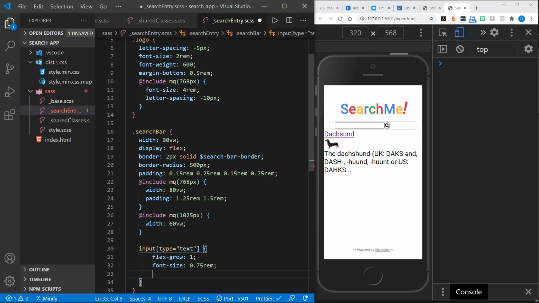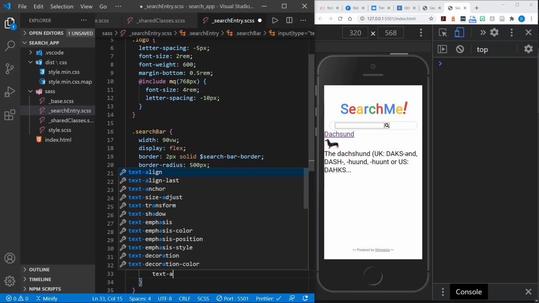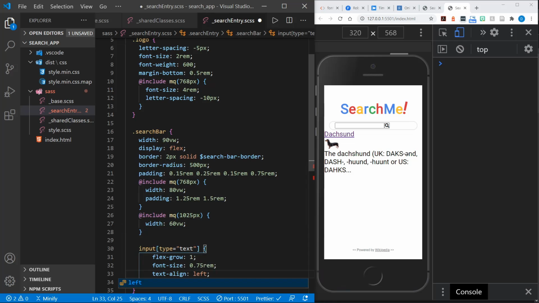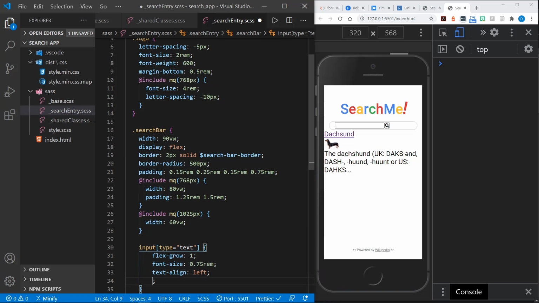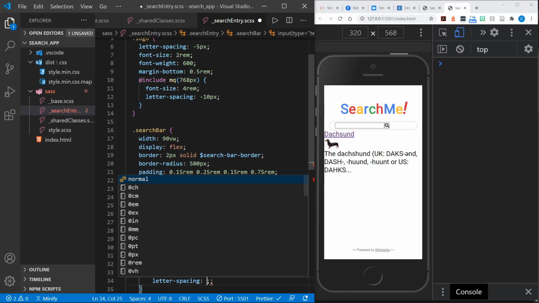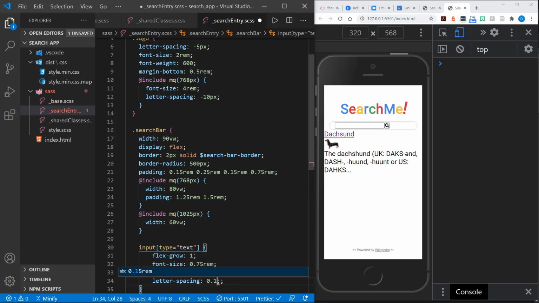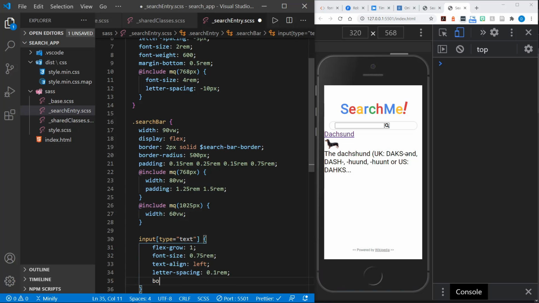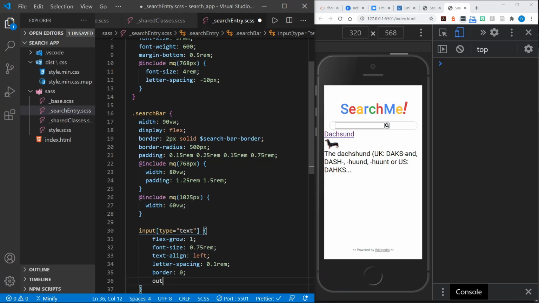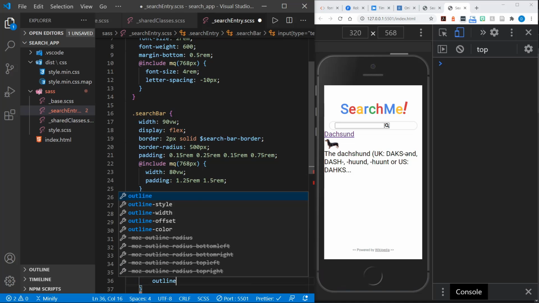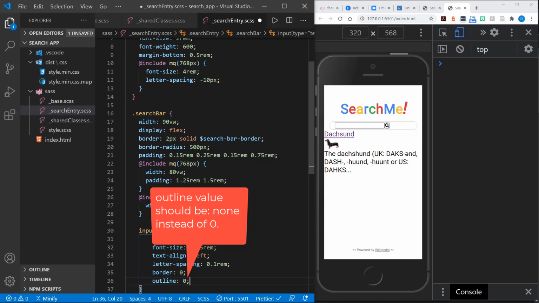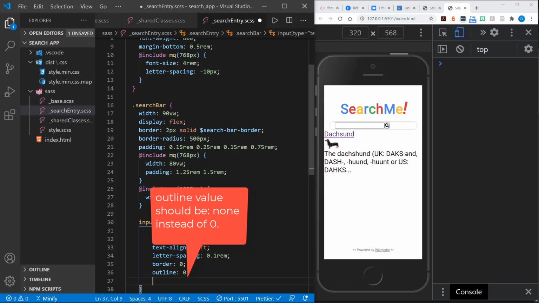And then font size 0.75 rem, text align to the left, and letter spacing of 0.1 rem, very small there. Get rid of that extra semicolon. Border, let's get rid of the border, set that to 0. Outline, we'll set that to 0 too,